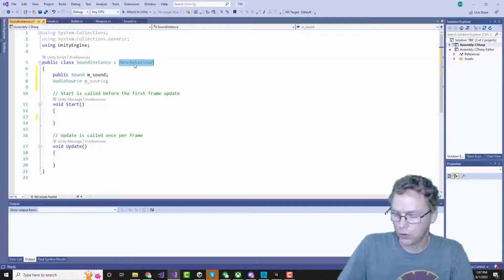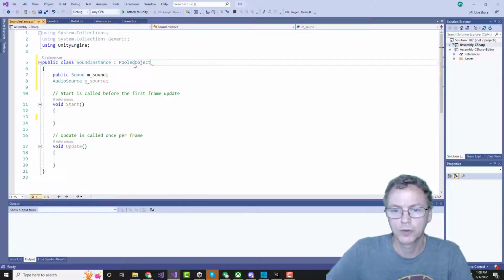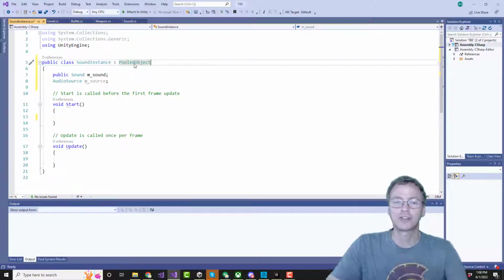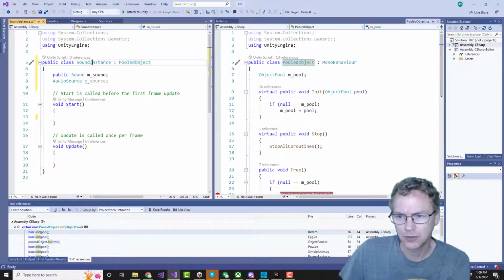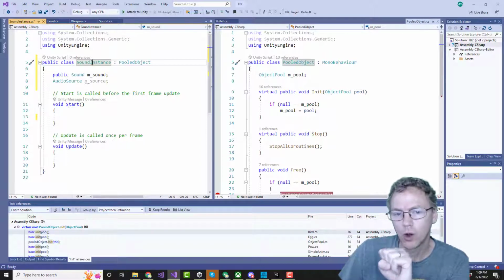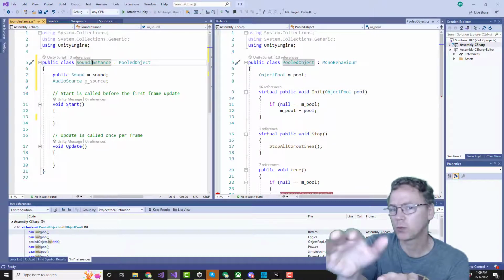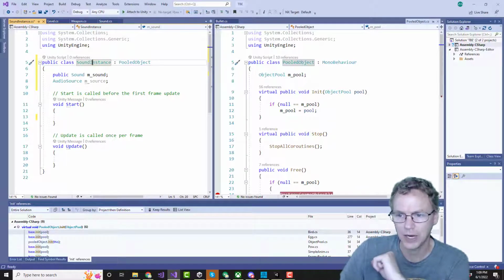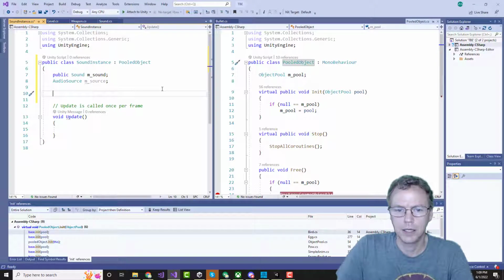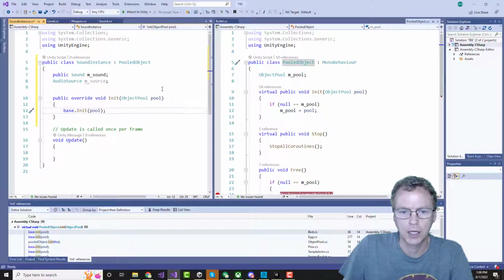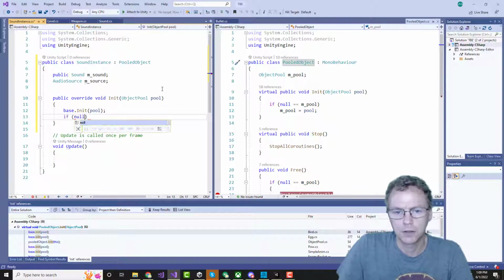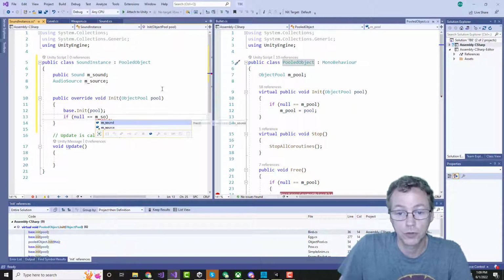This is going to be a pooled object because we're going to have lots of these sound instances. Boom, boom, boom, boom. When you create one of these instances, we're going to pull it out of a pool. When you pull it out of a pool, we won't yet know. In the pool, it won't have its sound associated yet. In the override init function, I'm going to say if null equals mSource,